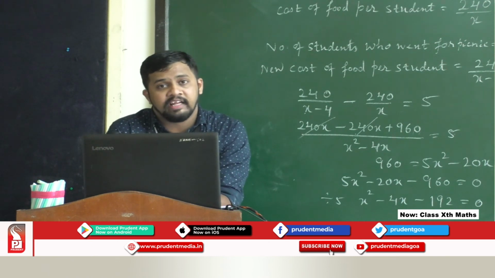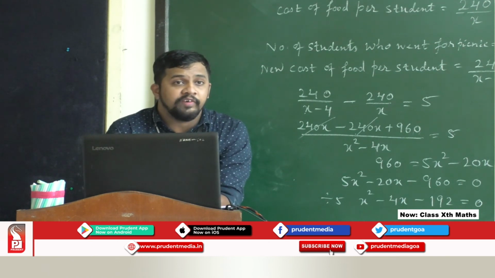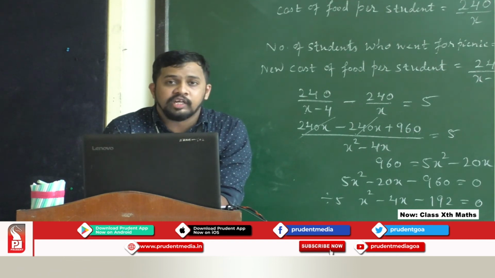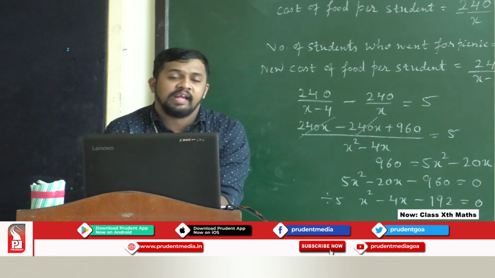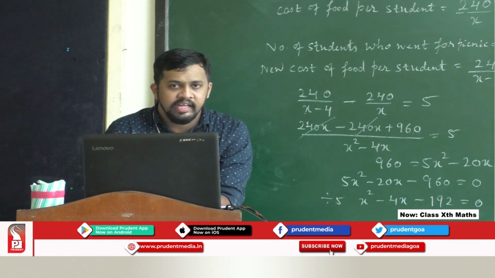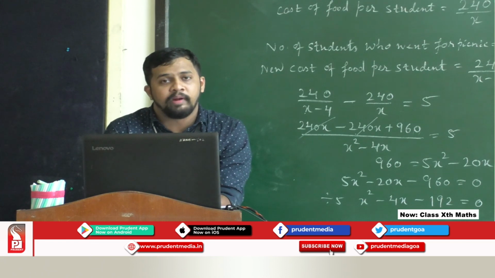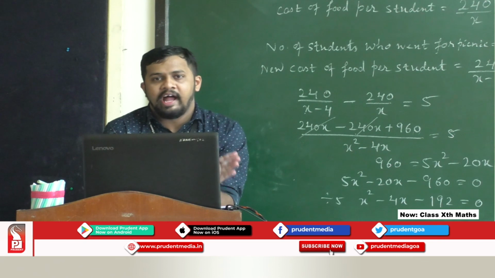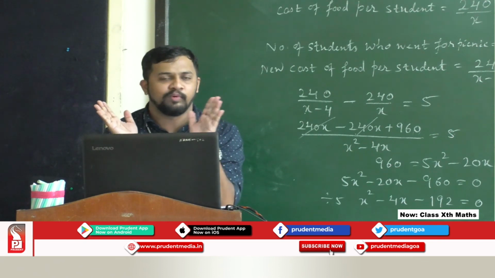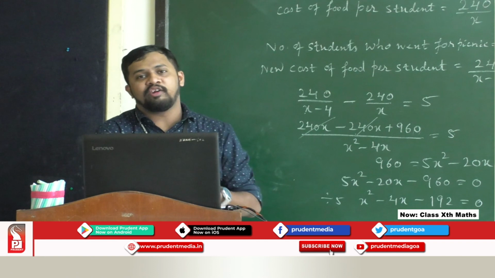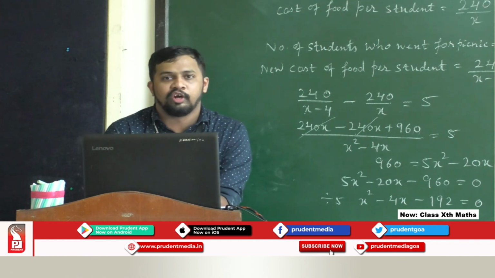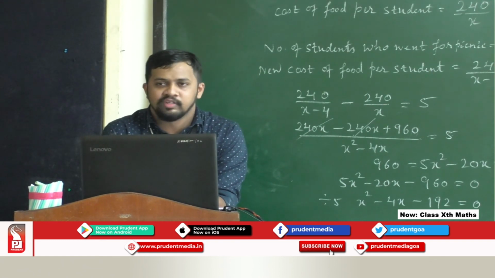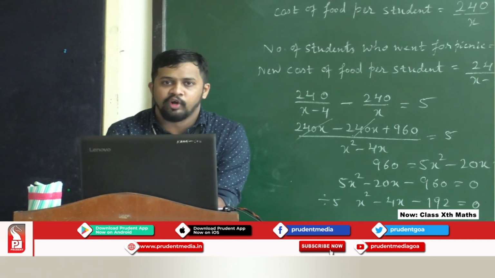And we again went to the nature of the roots, wherein we say if D is greater than 0, two real roots, maybe rational or irrational; D is equal to 0, that is equal roots; and when D is less than 0, no real roots. And finally, we went to the word problems. Total 10 types of word problems we did with your homework. The homework questions are there in the textbook. Only these questions, so please write them down in your books because these questions you will not see in the textbook. The textbook is there, so you can understand the problem for your solving.